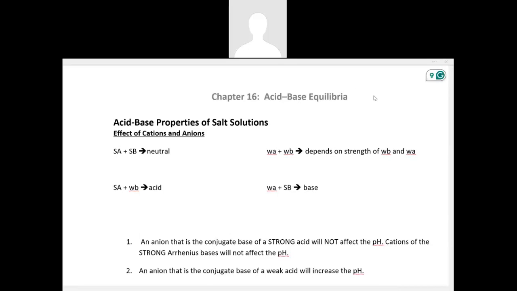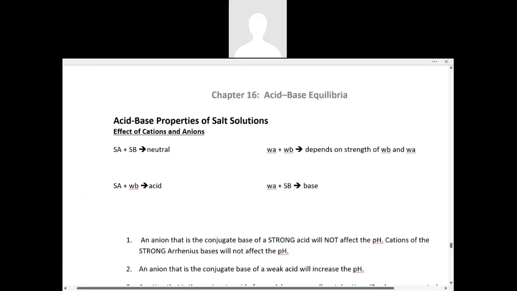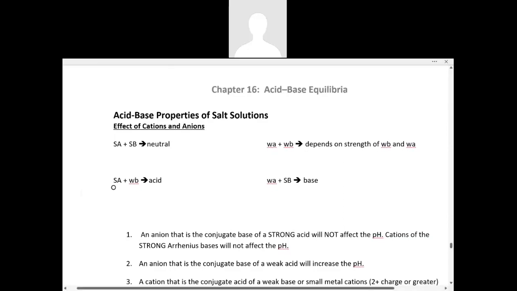In this next section of the Chapter 16 Acid-Base Equilibria worksheet, we're going to look at some acid-base properties of salt solutions. So you may be thinking salt solutions generally seem like they would be neutral, because we know that salts are neutral. It's things like sodium chloride, that's a salt. But also strong acids, strong bases, weak acids, weak bases, things that are also considered acidic and basic can be